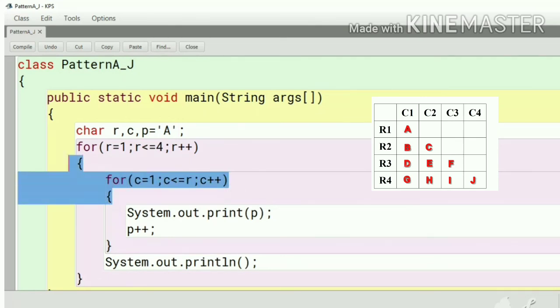This process will go on the same as with numbers, but here it will first print the letter A when the row is equal to 1 and the column is equal to 1 for the first line.